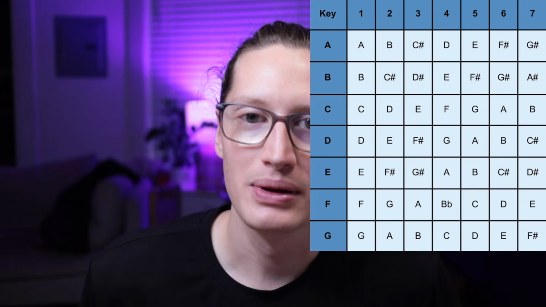Today I'm going to teach you how to play Jesus Be the Name by Elevation Worship in any key. I'll be demonstrating in the key of C because it's easiest for beginners, but I'll also have the numbers displayed so you can translate this to any other key as well. If you were playing the song in the key of G, for example, whenever I play a 5, you would